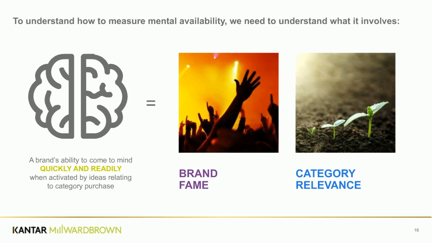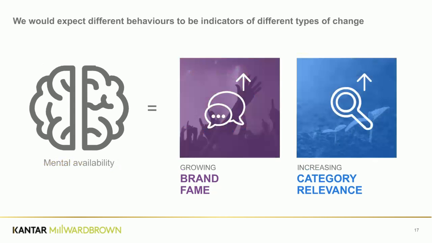Because if we have brands trying to do one of those two things, they're very, very different. And we would actually expect that to manifest into very different digital behaviours. So if we're looking at a brand that is growing fame, we would expect that if a brand is being seen more and talked about more and heard more, we would detect more presence of that brand in general conversation. So if we start looking at conversation about brands online, in social media or forums, we might reasonably expect that if a brand is becoming more famous, the volume of that conversation might go up.